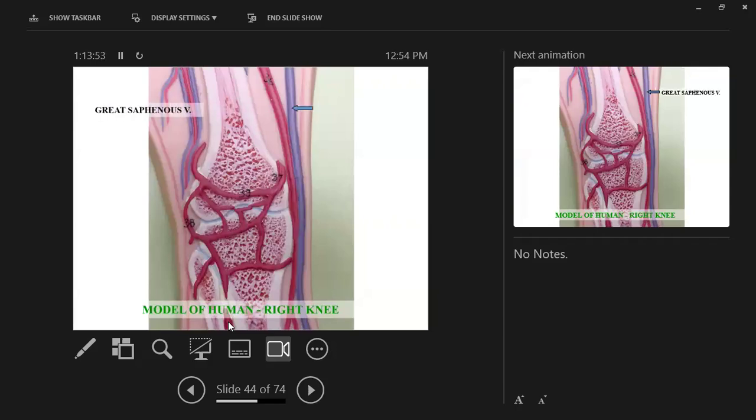Now, there's the great saphenous vein coming down on the medial side of our leg, right along by the knee. It's going on down here. And there's the deep femoral artery on the other side, on the lateral side. The femoral artery is running right beside the great saphenous vein, again, on the medial side of the leg. Now, when you get below the knees, you'll see there's a big hole where the knee is. We don't have a hole like that, because our gastrocnemius doesn't have to stick in. Anyway,